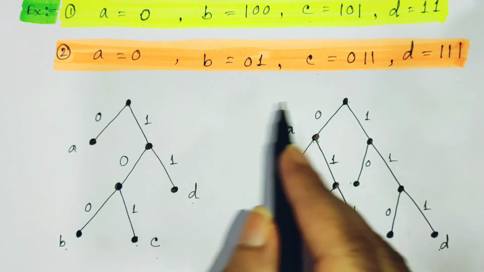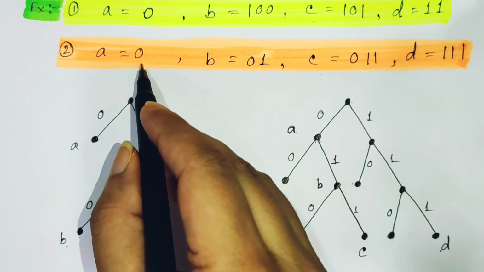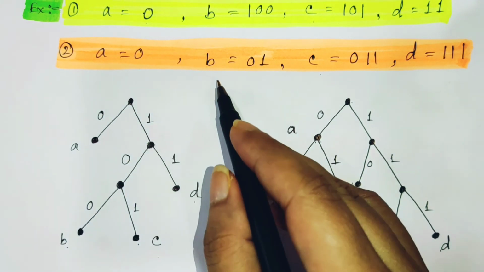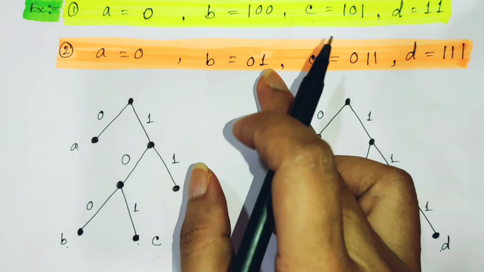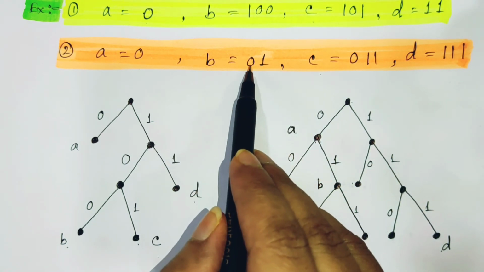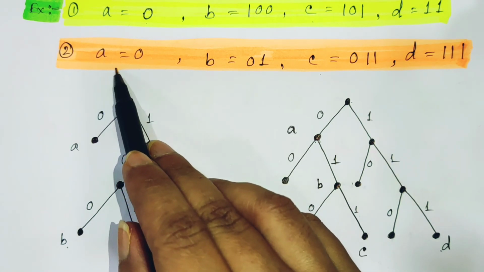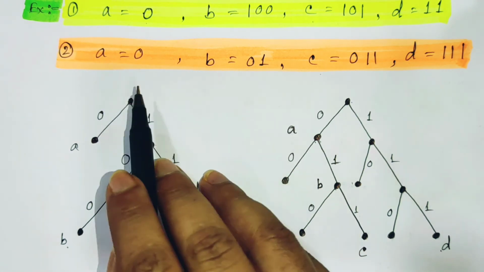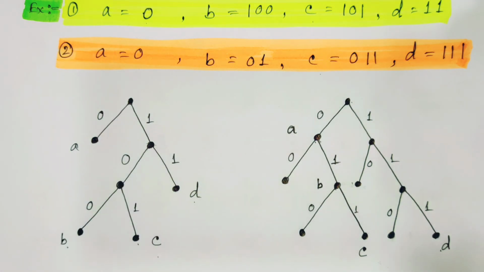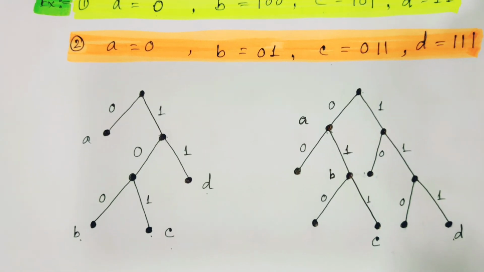From here, if we observe the data, we also find one variable represented by 0 and another variable represented by 01. So if we just forget about 1, then 0 is the representation which is already represented by A. So this type of prefix values are not allowed. If this type of thing is there, then these are not a prefix code representation.